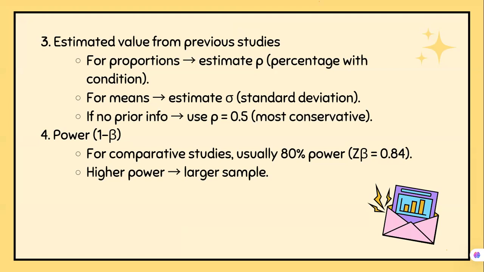For proportions, for the prevalence studies, it is represented by P. And the common check point is how it is represented: it is represented with percentage with condition. For example, 40% of nurse students are suffering from anemia in that particular population. That 40% is the proportion. And for mean studies, it is represented by standard deviation and is calculated as